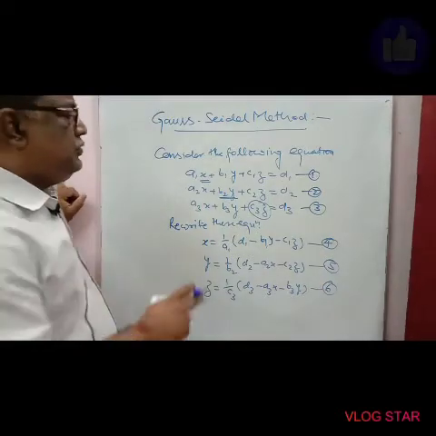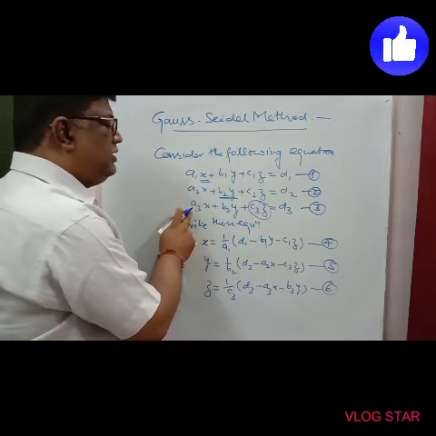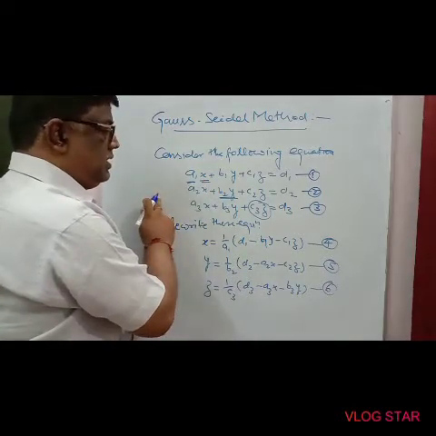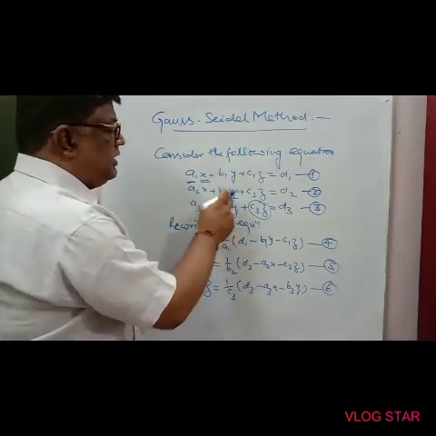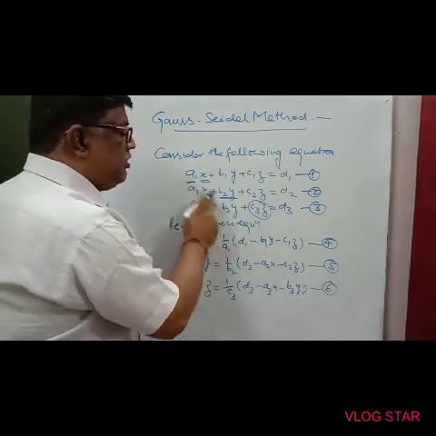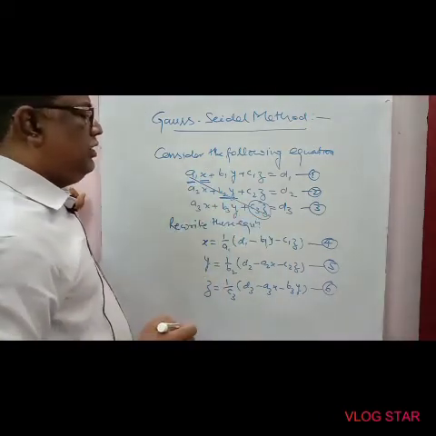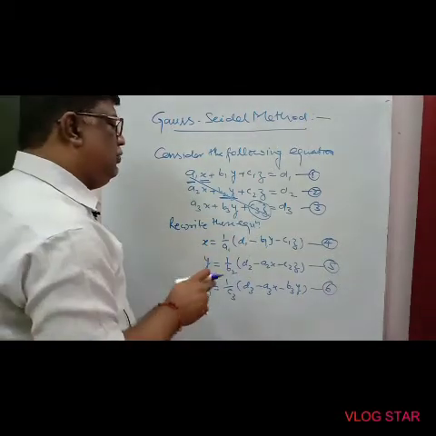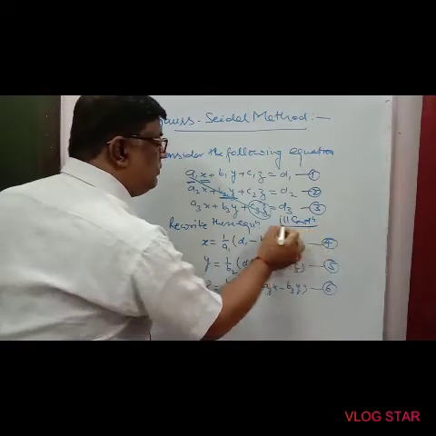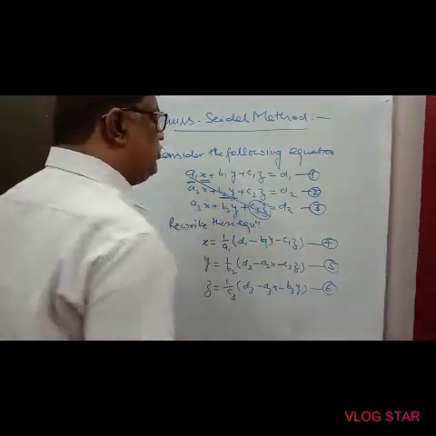Hello student. First you check these equations for the diagonally dominant character. What do you mean by the diagonally dominant character? It means the coefficient of x is larger in the first equation, in the second equation the y variable, and in the third the c part. Then this is called diagonally dominant. It means these elements are greater. If this is not satisfied, then it is called ill condition. Ill conditions आ जाएगा, तो वहाँ पे हमें solution नहीं मिलेगा. And there are infinite solutions, or there is no solution.